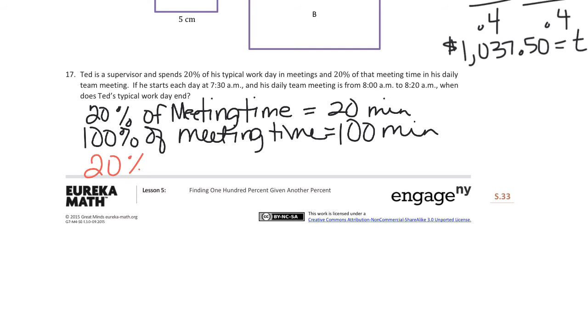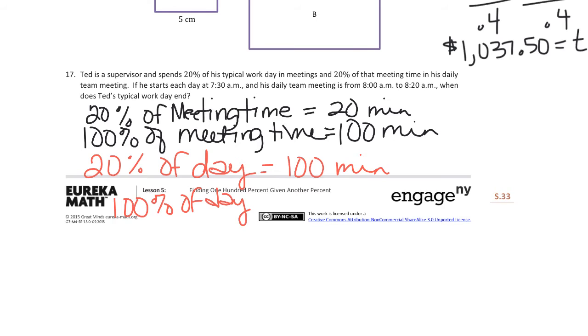So 20% of his day is meetings, and he spends 100 minutes in meetings. So 100% of his workday, 5 times 20 is 100, so 500 minutes. So then I have to convert 500 minutes to hours. So I take that and I divide it by 60. So 500 divided by 60, and I get 8 1/3